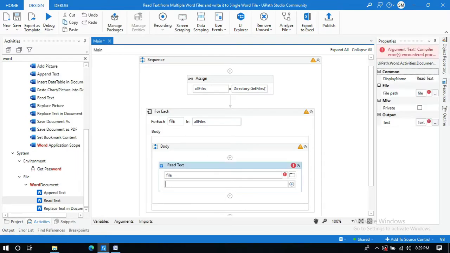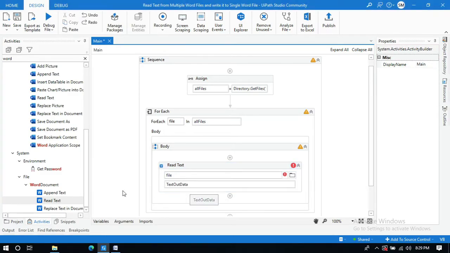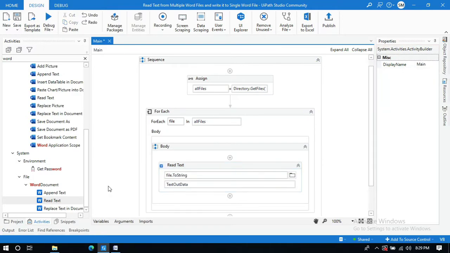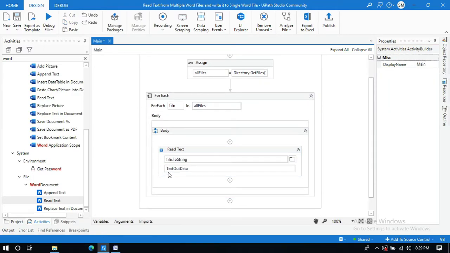Create a variable using the shortcut Ctrl K and name it text out data, and convert this to string. Now this text out data variable contains all the data from all the three files which we have created before.